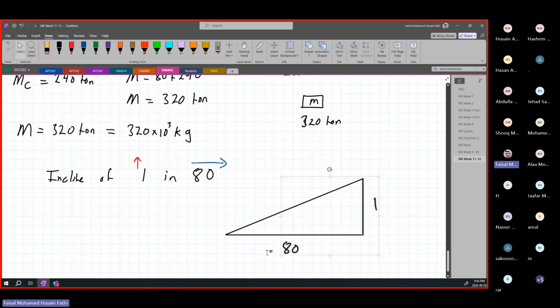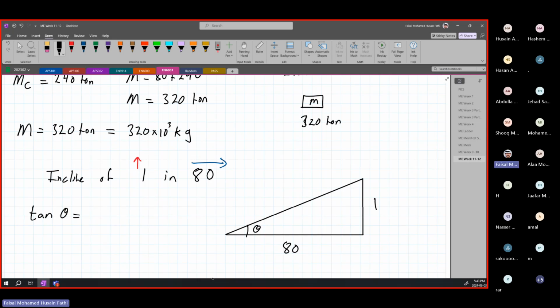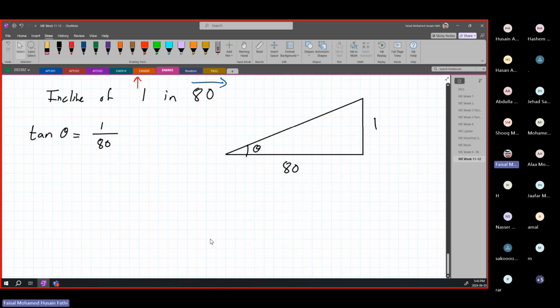Now you can just apply your basic trigonometry, SOHCAHTOA, to find your theta value over here. You can do that using tan of theta, which is opposite, which is 1, over adjacent, which is 80. So your theta value is simply equal to the tan inverse of this number, which is going to be a very small number,